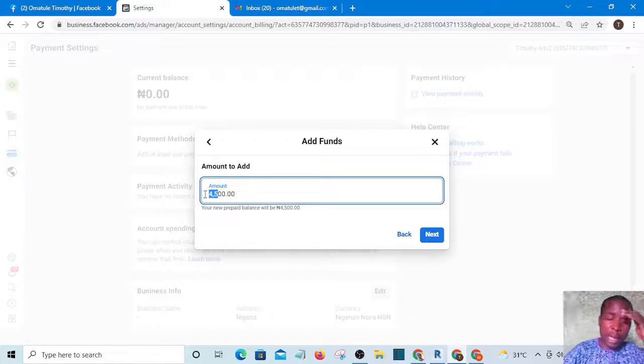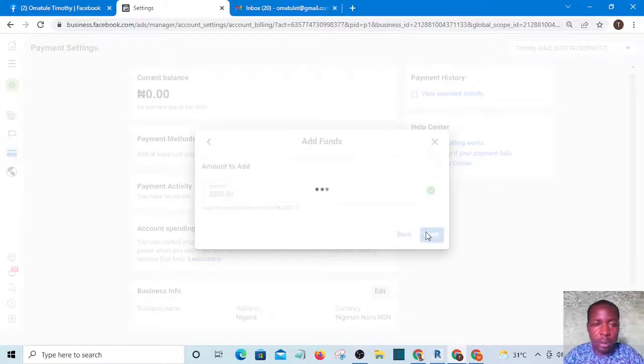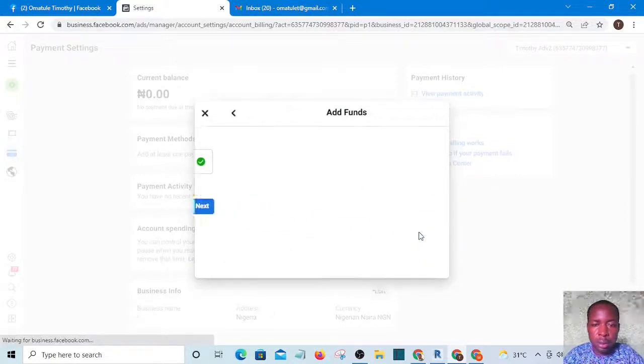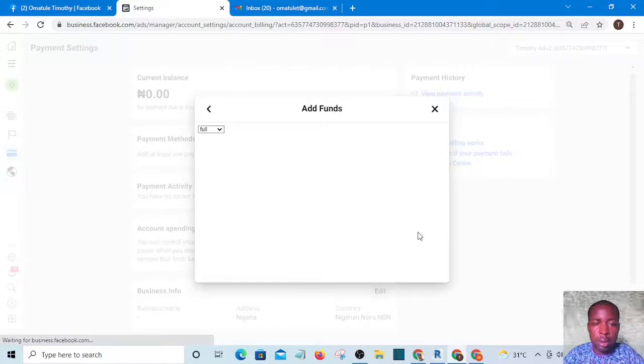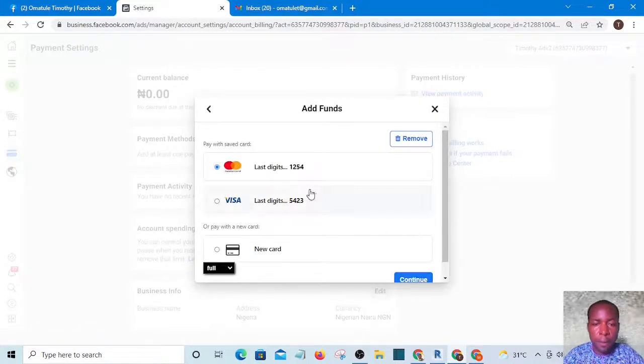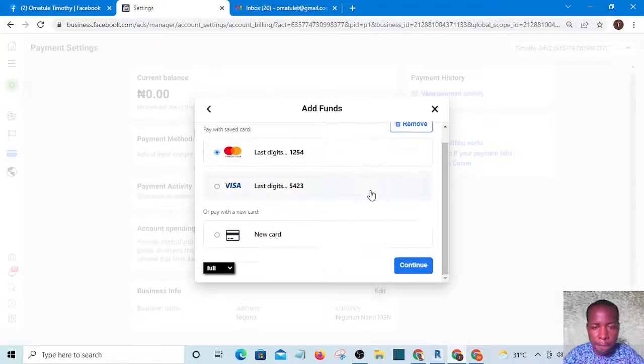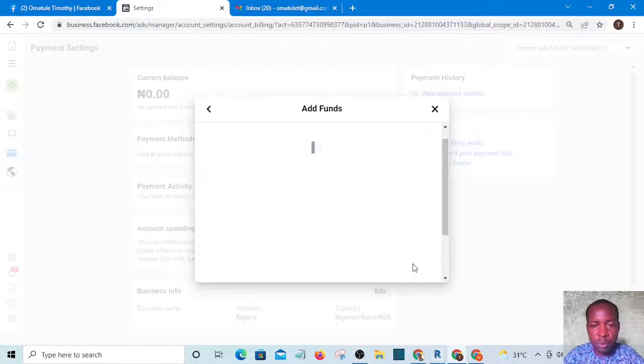Let's say I want to add like 2,000 naira, and click next. Okay, so you are going to select the card you want to use. Let's say I select new and click continue,